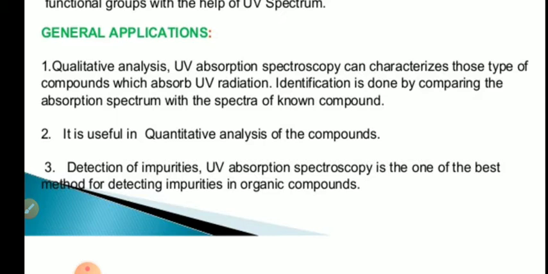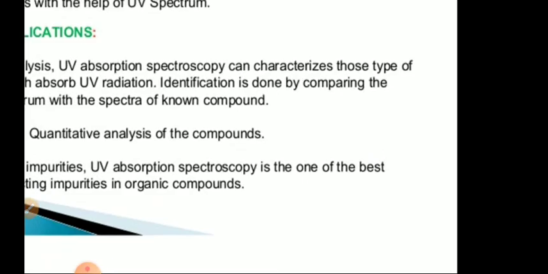At the same time, the impurity in alcohol, which is generally benzene. So benzene impurity in alcohol can also be determined by studying the absorption spectrum. Now the next is,